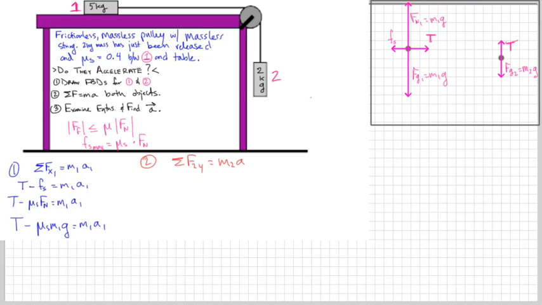Now I'm going to look at object 2 hanging freely there, just released as it accelerates downward. It has a force, sigma F2 in the y direction equals m2a2. That should be a2 in the y direction. That's equal to m2g, its weight, minus the tension force, because I'm saying down is the positive direction where acceleration